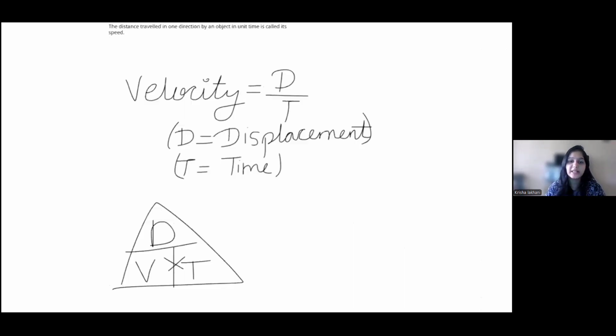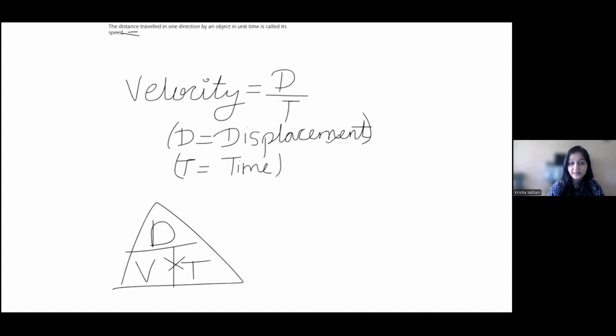Okay, coming to the next, that is displacement and velocity and the time. So here you have to find what do you mean by velocity. Acha, velocity is same like speed. Remember this, velocity is same like speed. Both are siblings of each other. There's only a small difference between distance and displacement. Here displacement is in the figure, but there it was distance in the figure. Can you see this? There is distance here, but here it is displacement.